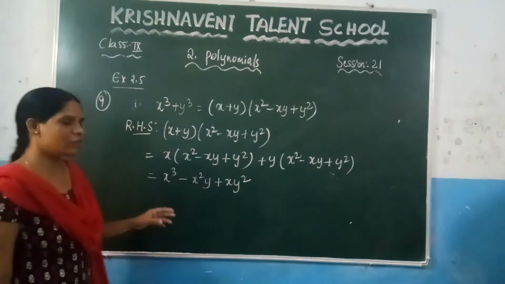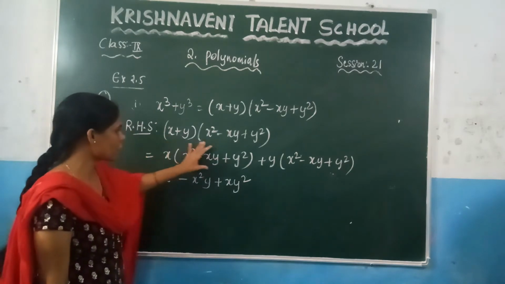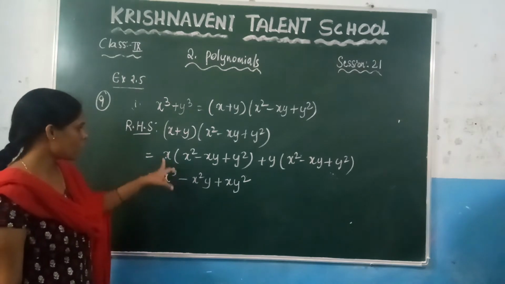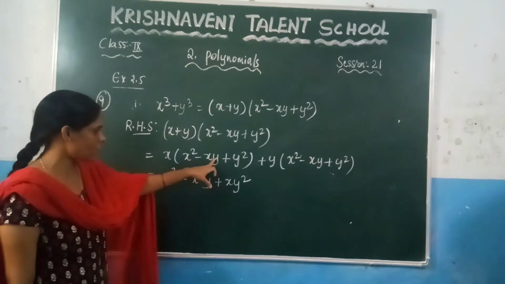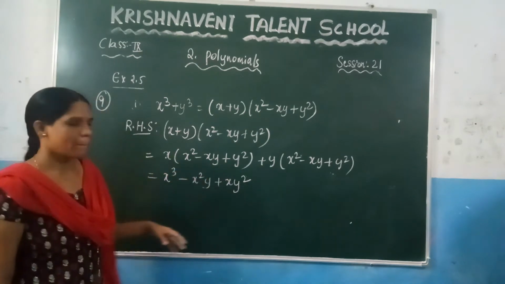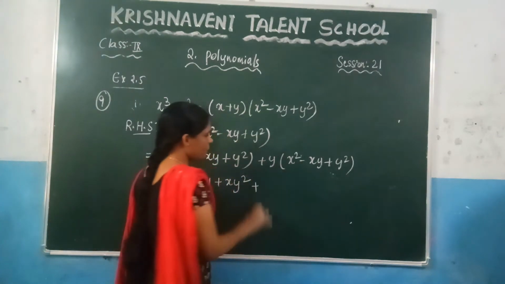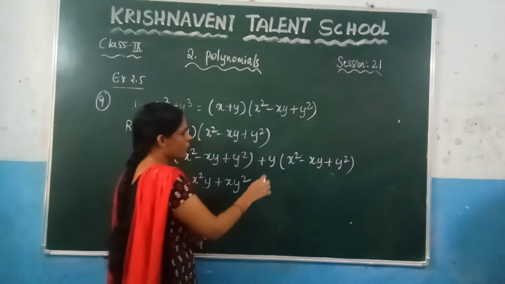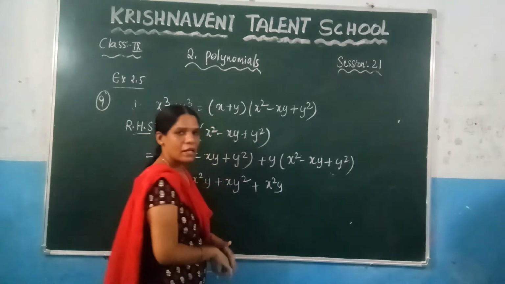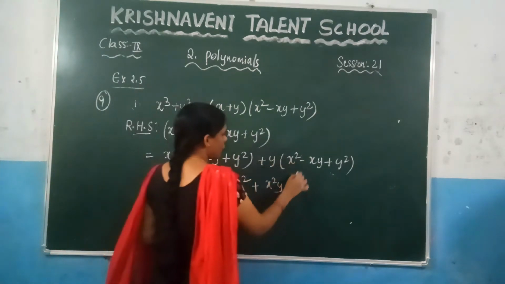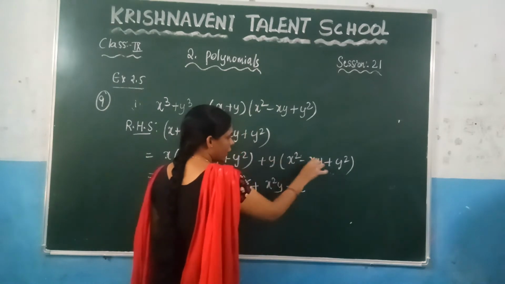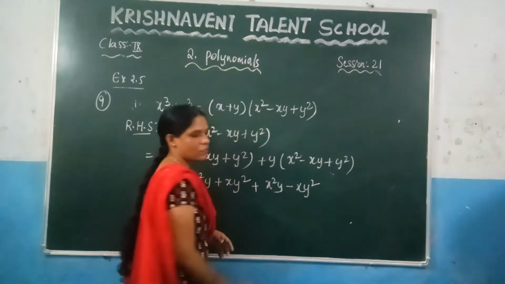Now what we have done is multiplied this x to each of these terms, right? So x square into x gives you x cube, x into x gives you x square, y is there, and here I have written plus x into y square. Now multiply with y. So what you will get: y into x square gives you x square y, right? And after that plus y into minus xy, x is there, write it here x, y into y gives you y square, right?